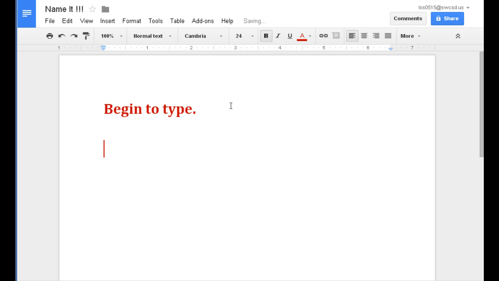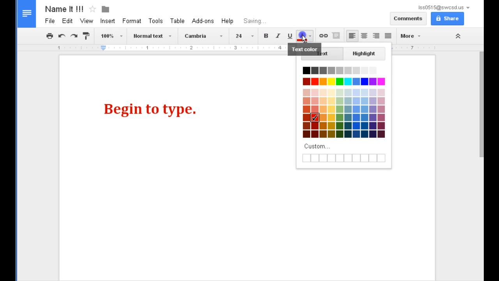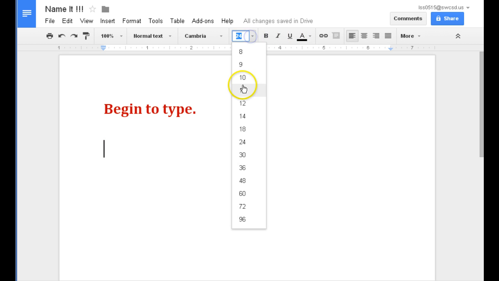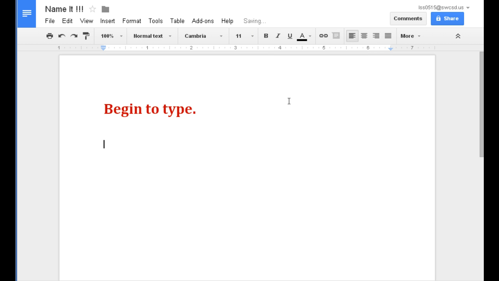One of my favorite things to do is to copy what I've already done. So I'm going to go back to my black writing a little bit smaller. Oops. And I'm going to type more. But maybe once I'm done with this, I want it to look like just the same format settings as above. Instead of going to figure out what size it was, what color I chose, and what